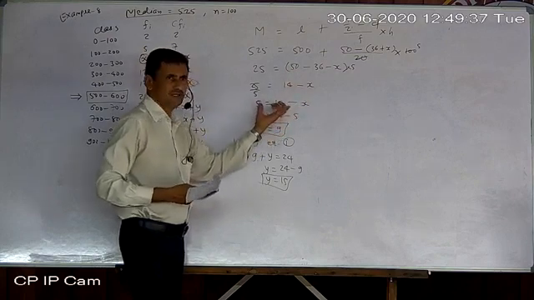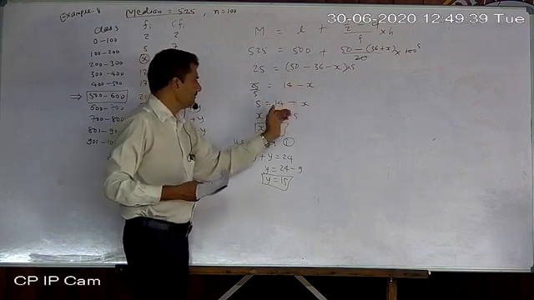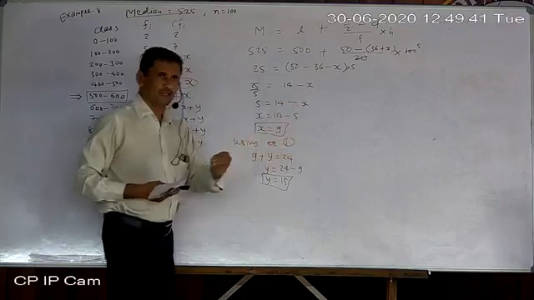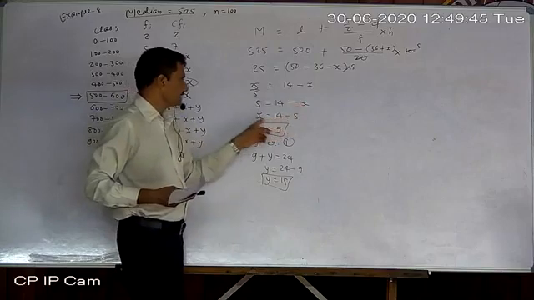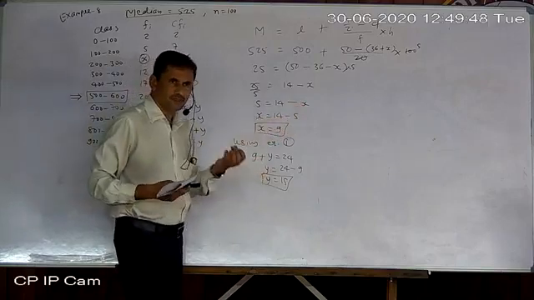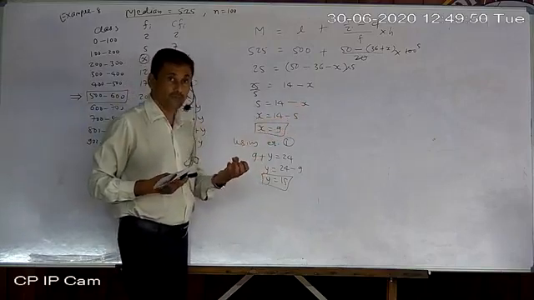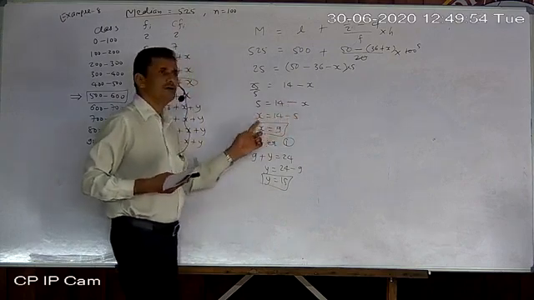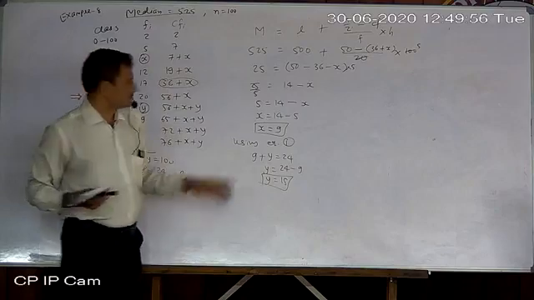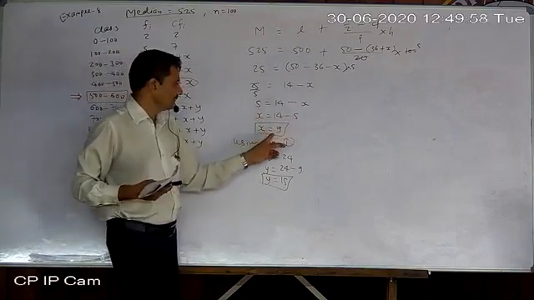Now it is very simple. If you want to add, then first of all x is negative, so try to convert it into positive. So I shifted x only. Otherwise we never shift an unknown variable. We here shifted the unknown. Why? That was negative. We want it positive. That's why. Now 5 comes here. So 14 minus 5, 9.